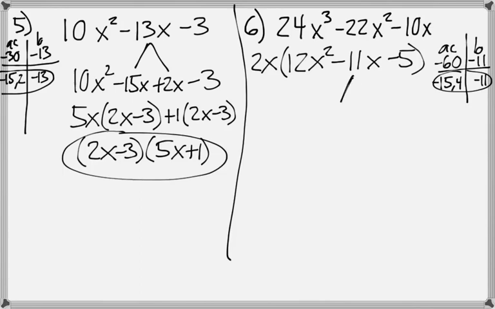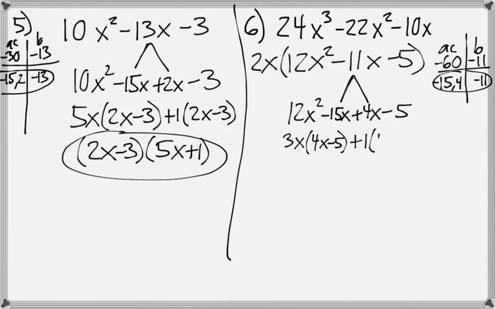So that's what I'm splitting this up into. So negative 15x plus 4x, and then copy down my first and my last. So then I want to take out a 3x, leaving me with 4x minus 5. And then again, I see that I already have the 4x minus 5 here, so I just need to put a plus 1 and then copy the 4x minus 5,